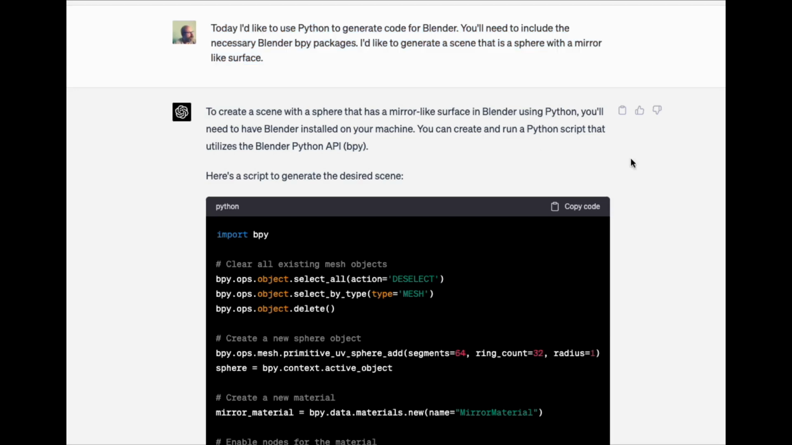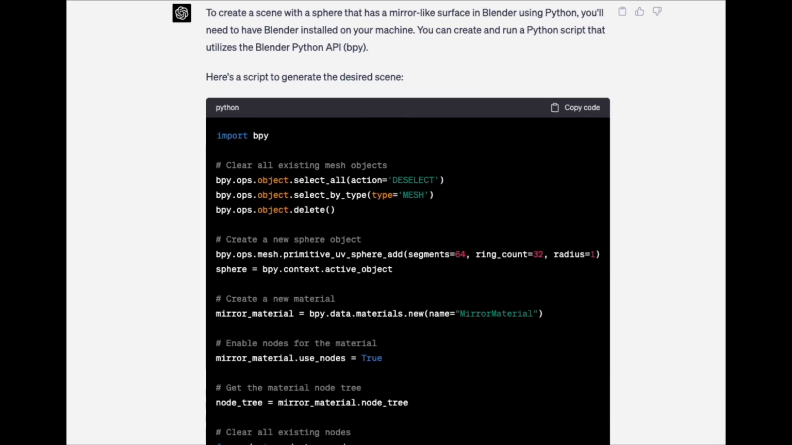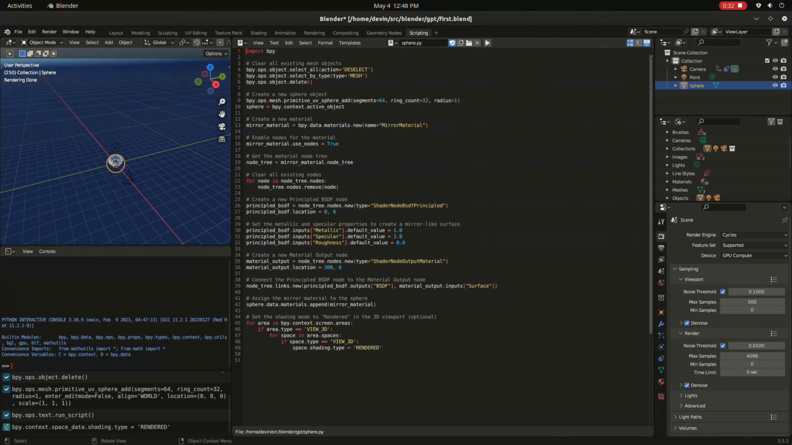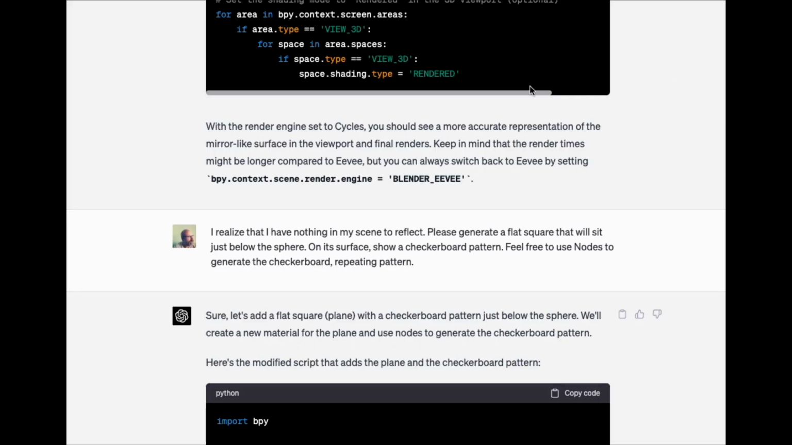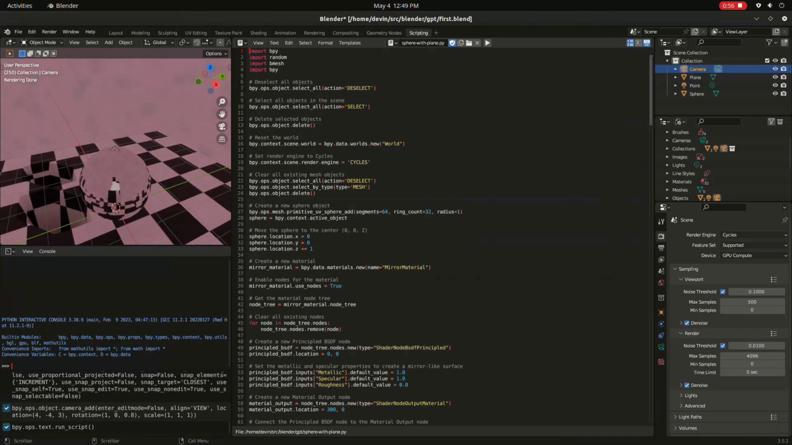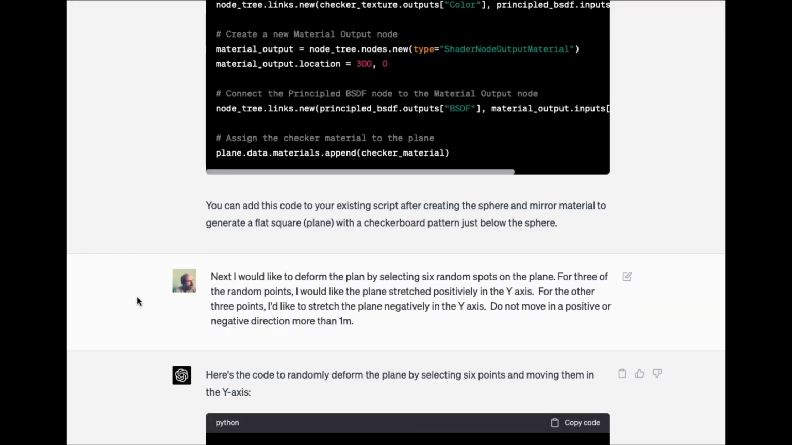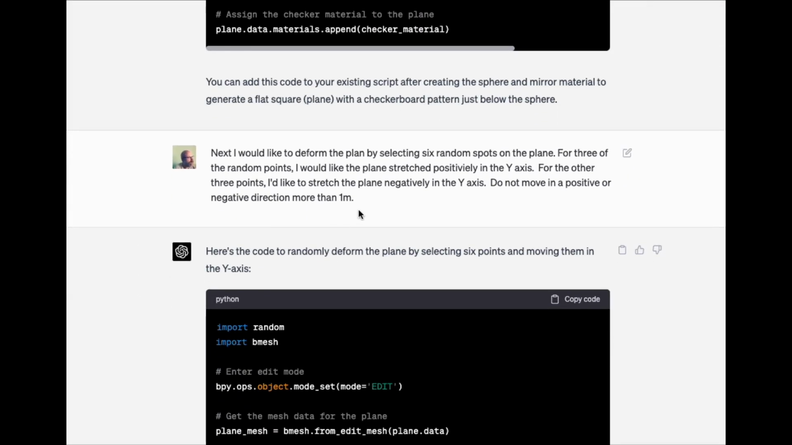I'd like to generate a scene that is a sphere with a mirror-like surface. Next I said, please generate a flat surface that will sit just below the sphere. On its surface, show a checkerboard pattern. So far, so good. And then I typed, next, I would like to deform the plane by selecting 6 random